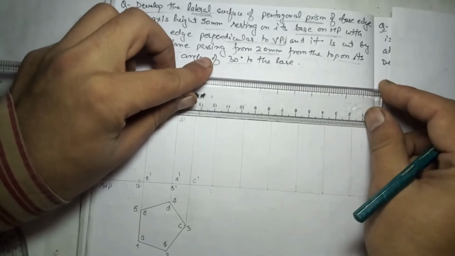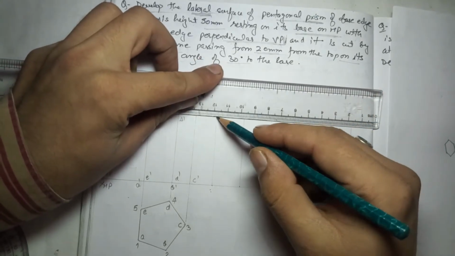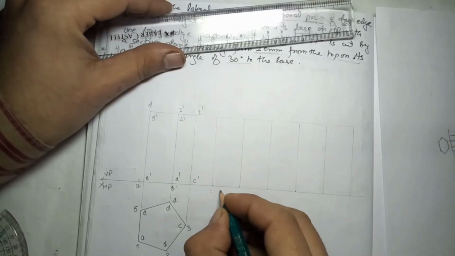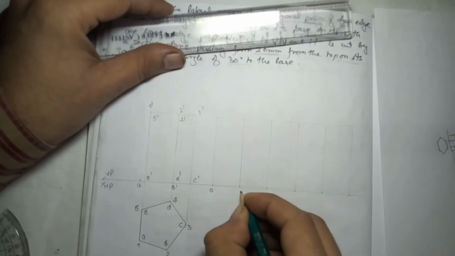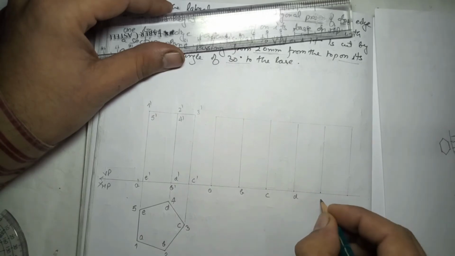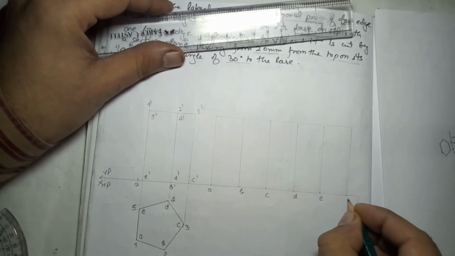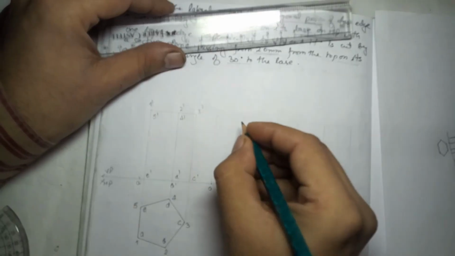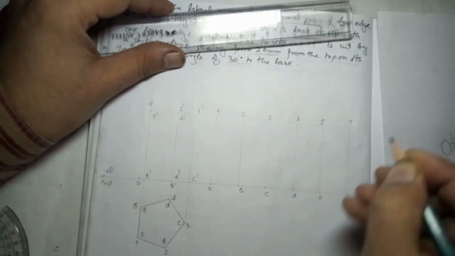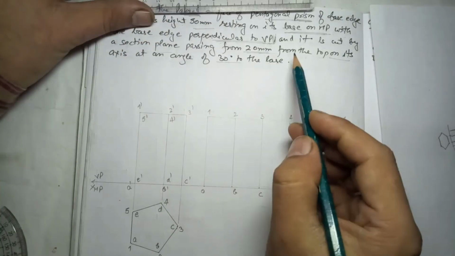Then now we will close this side. And do the numbering here also. It is not necessary every time you have to give numbering alphabet at the base. You can give numerals also at the base, alphabet at the top. So this is the development we have done without sectioning. Now we will solve the sectioning part.